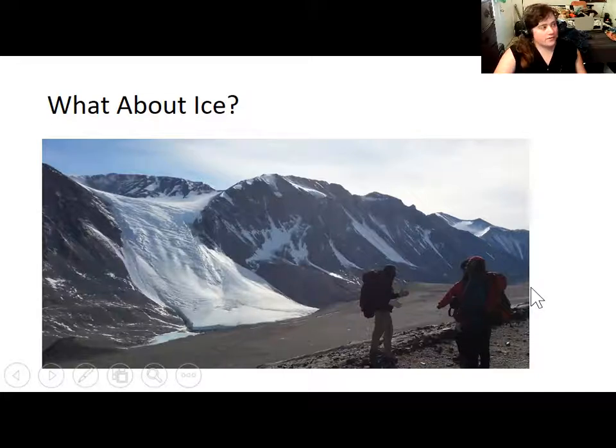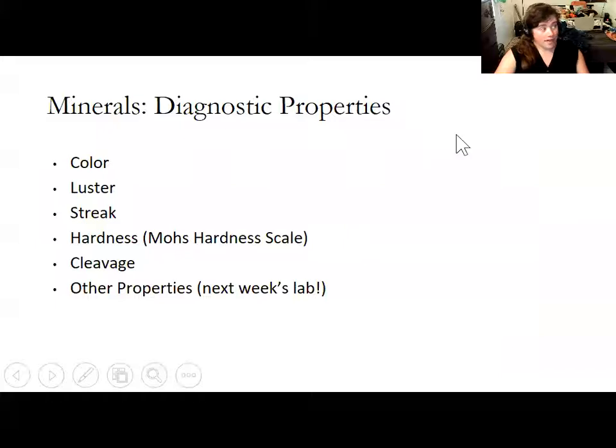Ice is going to melt at a much lower temperature than rock is going to melt, not at dangerous temperatures also, but ice is a mineral. And so that's an overview of what a mineral actually is, and a little bit about what a mineral is not. Any questions about the preceding slides or about